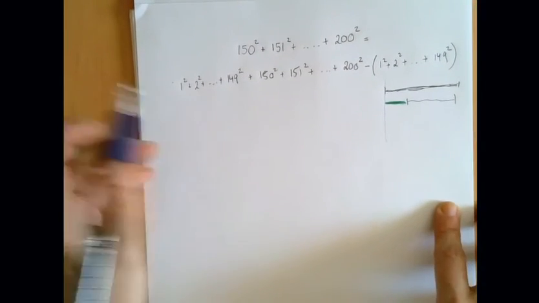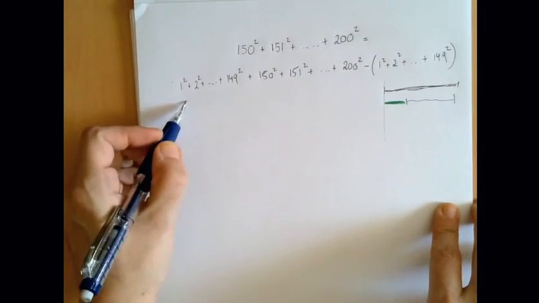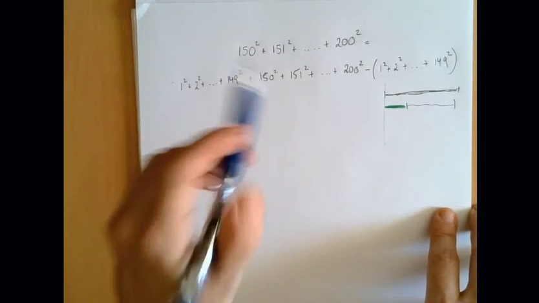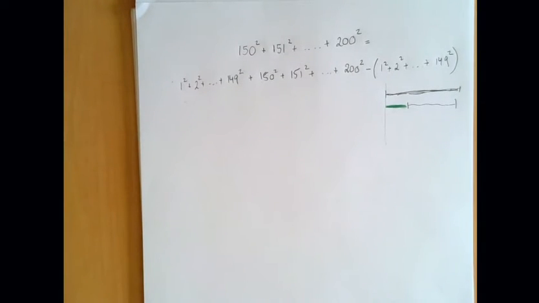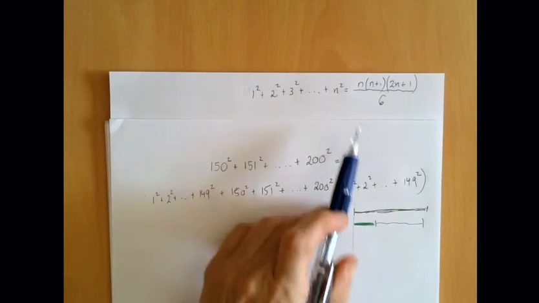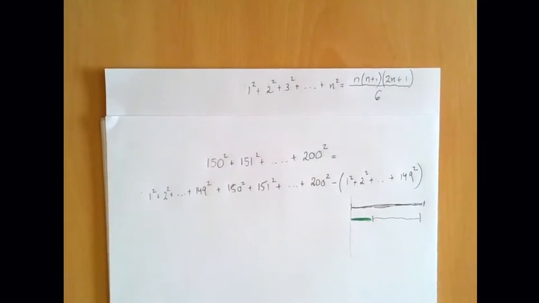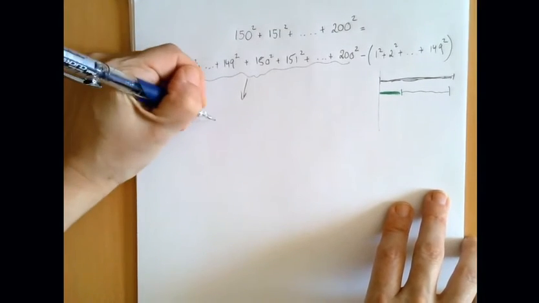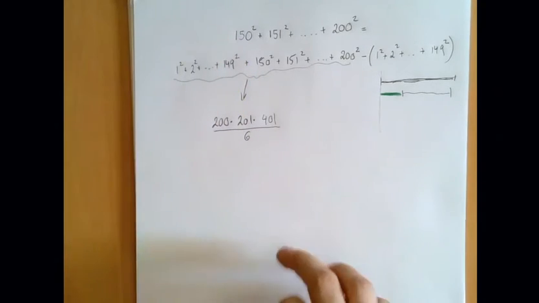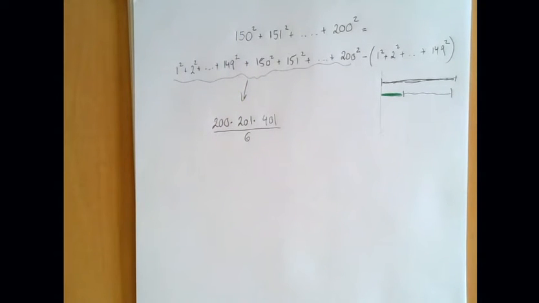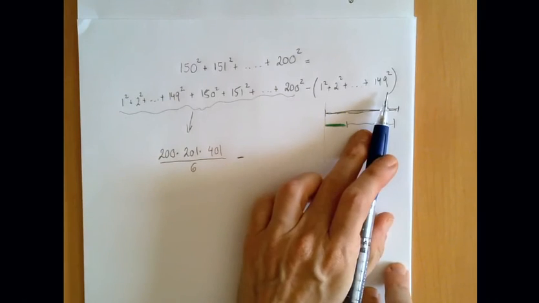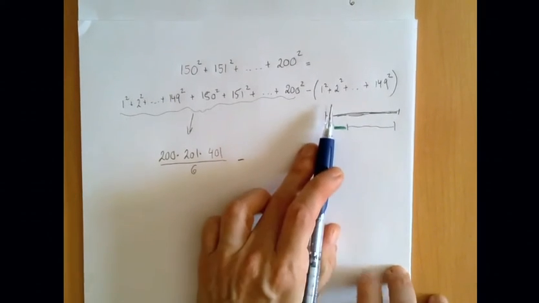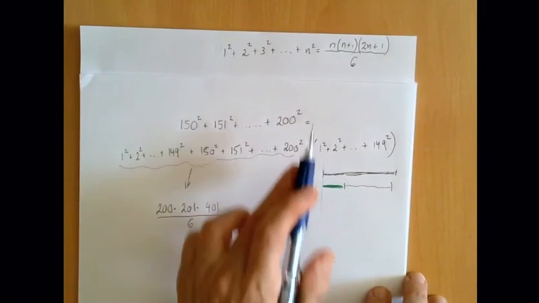So first we're going to apply it from 1 to 200, right? 1 squared plus 2 squared all the way to 200 squared. That is the same as this expression where n is 200. So let's do that. This here is 200 times 201 times 2 times 200 plus 1 is 401 divided by 6. And from that, we're going to subtract this sum, which is of the same form, but we're going from